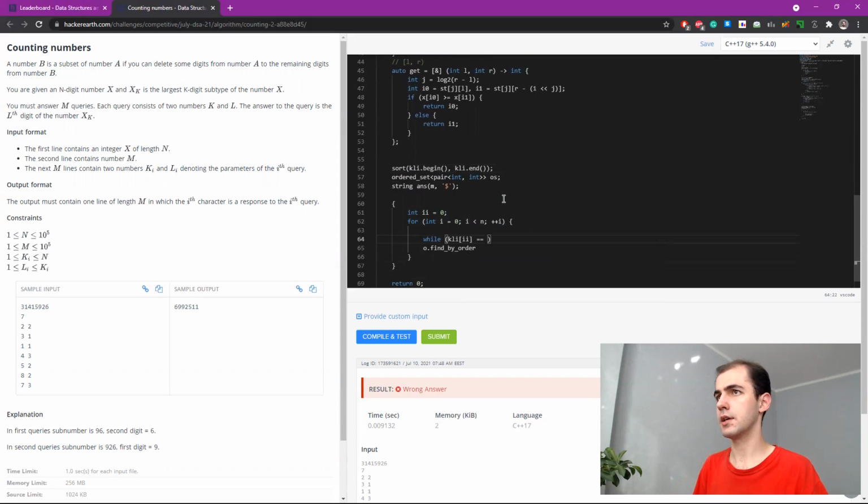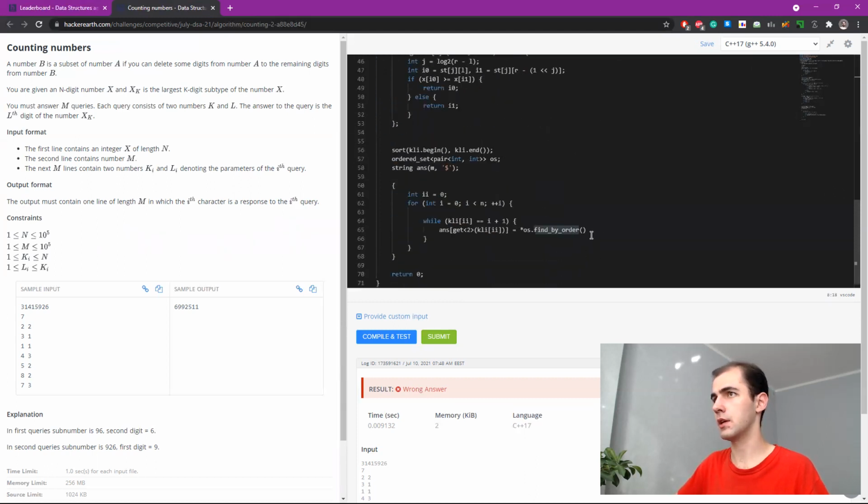Answer at i equals i plus 1. Get second argument should get ordered set find by order. That's why I copy pasted it, and why I wrote it in the comment, because now the editor sees there is such function.